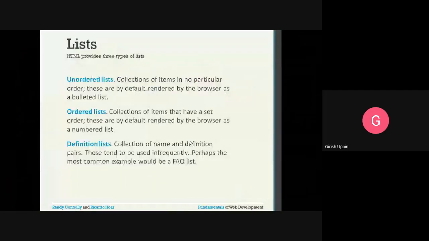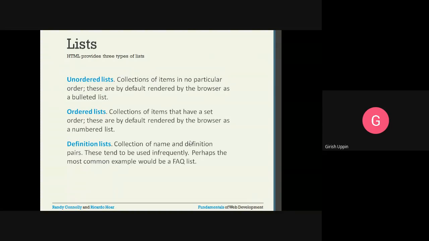Next we move to the lists. Lists are a very important HTML element because invariably we will need to have a list of elements. Whenever we have a list of items, it is very easy to read, very easy to comprehend. There are two types of list that can be used in HTML. One is called an ordered list, and the second one is the unordered list.